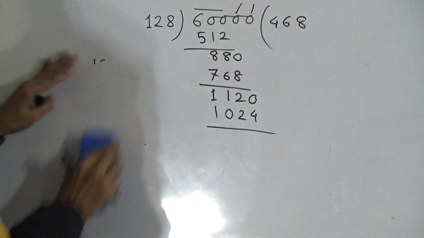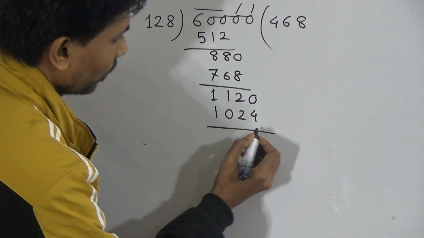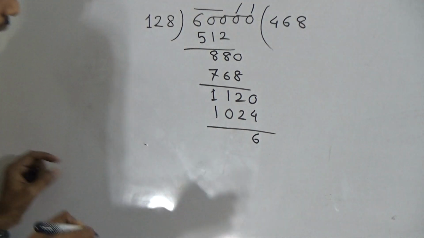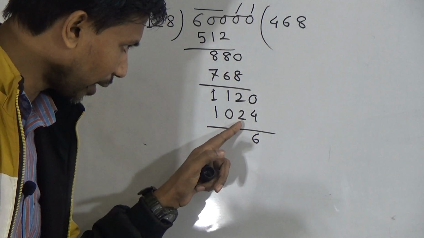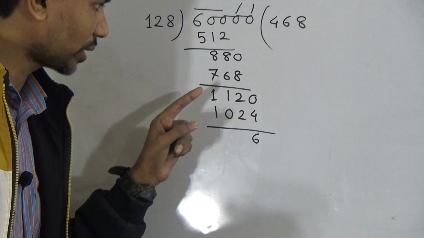Look, this is the rough. Okay. Now 0 minus 4. 0 means what? 10. 10 minus 4 equal to what? 6. As you consider 0 as 10, so you have 1 in your hand. 1 plus 2, 3. We cannot subtract 3 from 2. So you have to consider 2 as 12.